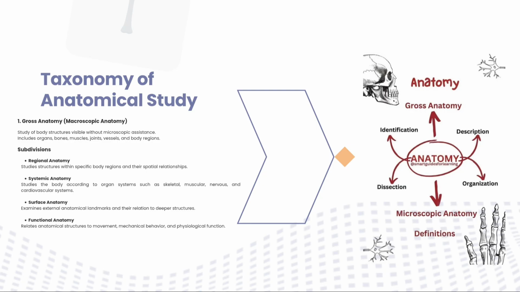4. Functional anatomy. Functional anatomy is the bridge between static structure and dynamic performance. It relates anatomical form directly to movement, mechanical behavior, and physiological function. Example: instead of just naming a bone like the humerus, we analyze it as a lever and examine how its shape at the shoulder joint determines the range of motion. This is the core of biomechanics, understanding how the structural design of the component dictates the mechanical output and efficiency